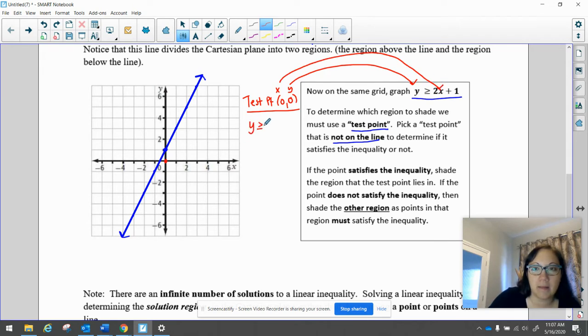So I'm going to take my inequality and substitute in my 0, 0 and see what I get. On the left side, I have 0. On the right side, 2 times 0 is 0, so I'm just left with 1. Now, is it true that 0 is greater than or equal to 1, or is it false? So this is false. This is not true, which means therefore 0, 0 is not part of the solution region,